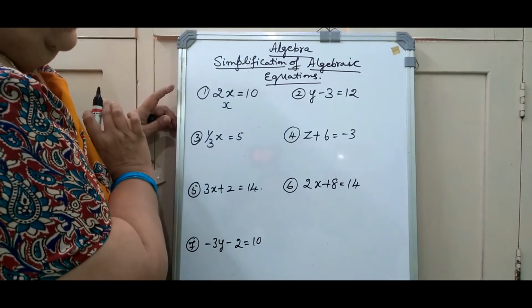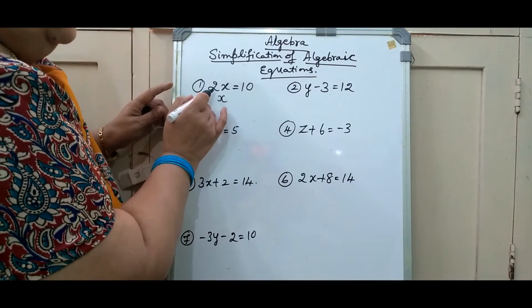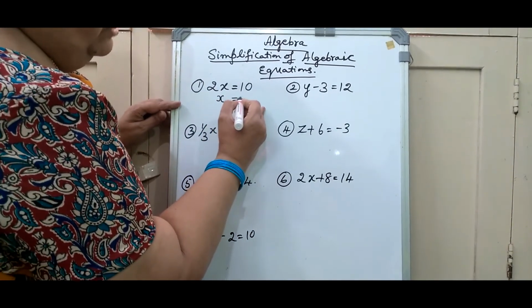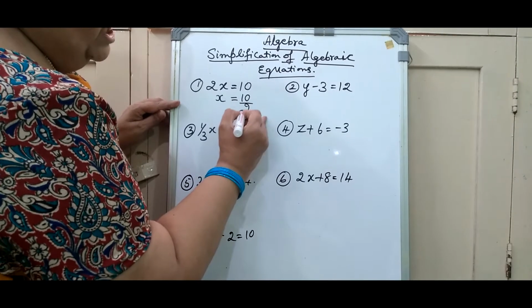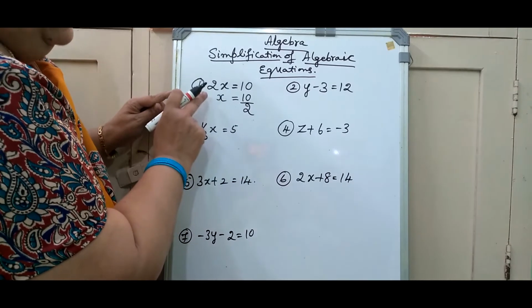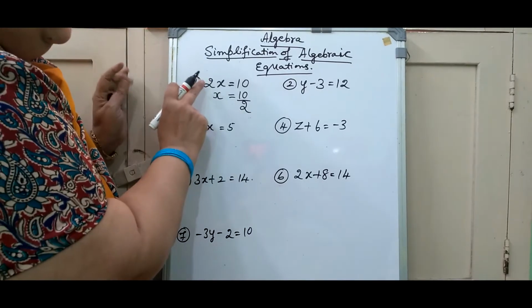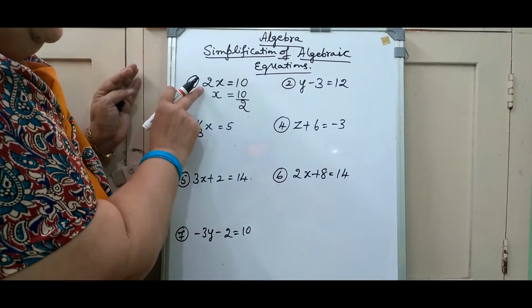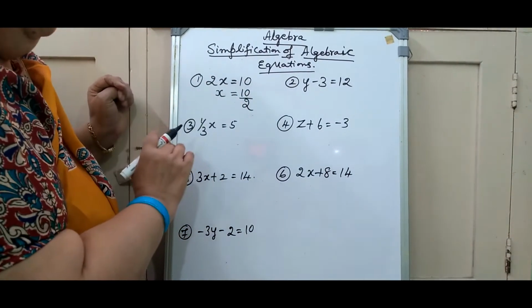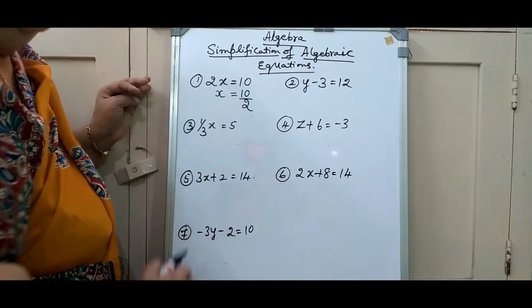And a coefficient is there, 2 is the coefficient. So let us shift that coefficient to the other side of the equation. If we shift that, we write 10 divided by 2, and 2 will come in the denominator. Or we can take the cross multiplication. This is nothing but 2x divided by 1, 2x by 1 is equal to 10 by 1. Like that we do the cross multiplication. By this time all of you know what the cross multiplication is, so I have taken it here directly.